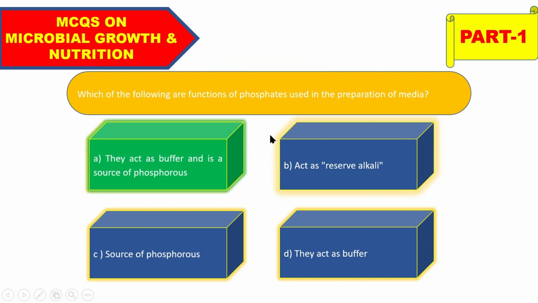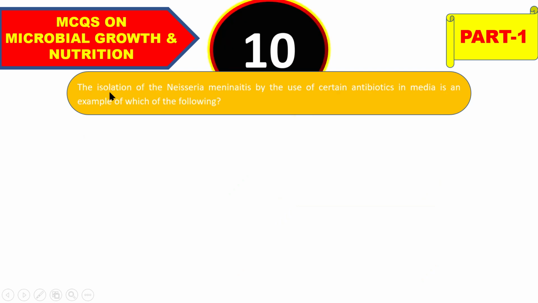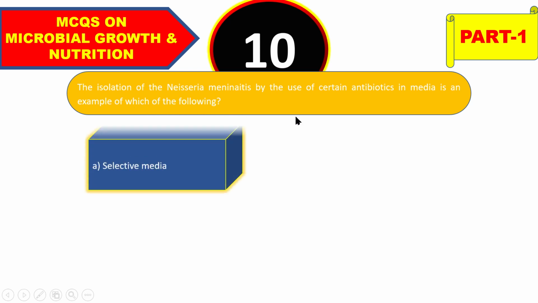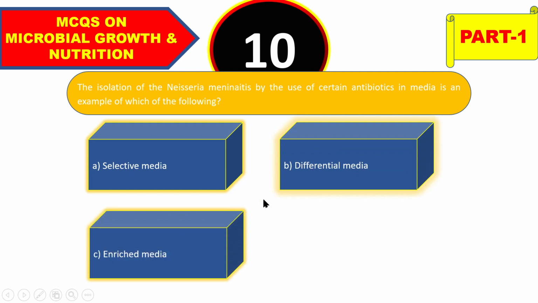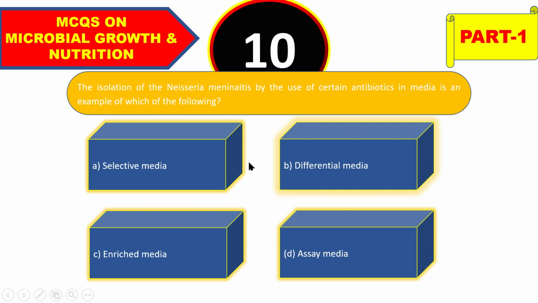a source of phosphorus. So next one is the isolation of Neisseria meningitidis by the use of certain antibiotics in media is an example of which of the following? The first one is selective media, option B differential media, option C enriched media, option D assay media, and the right answer is